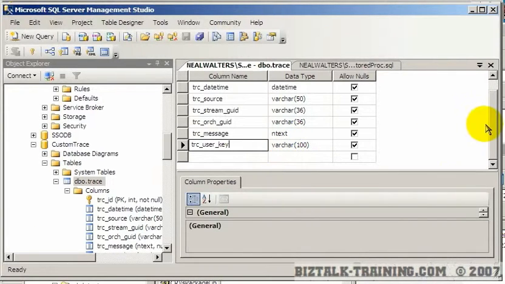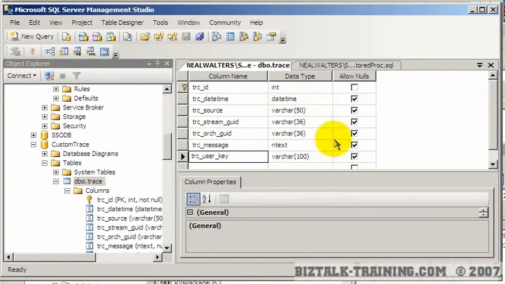And then the other thing to consider is putting some indexes on these fields. More than likely you want to index the date time field, and you might want to index the user key. It depends on the size of your system, and you might actually have hundreds of thousands, if not millions, of rows in this trace. One of the last places I worked, every time we dropped a large file through our system, it actually might generate 20